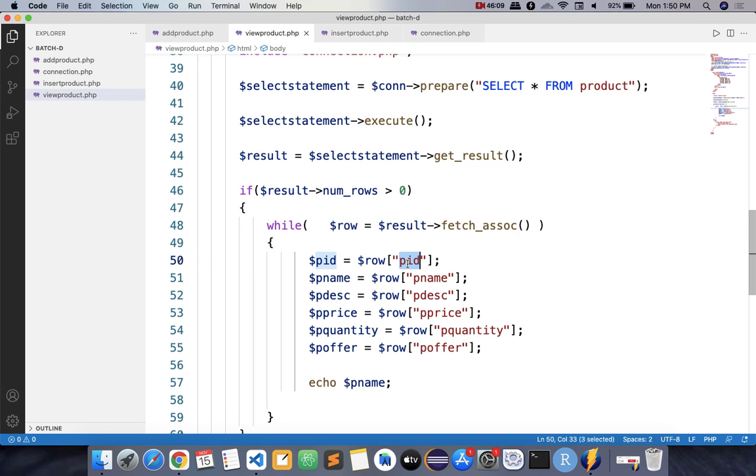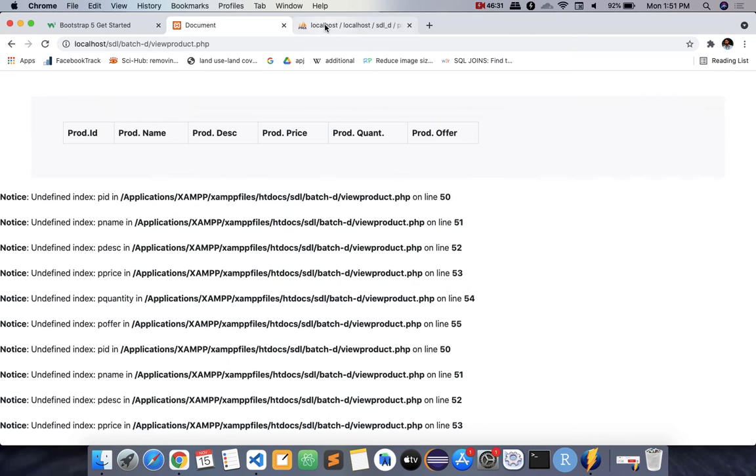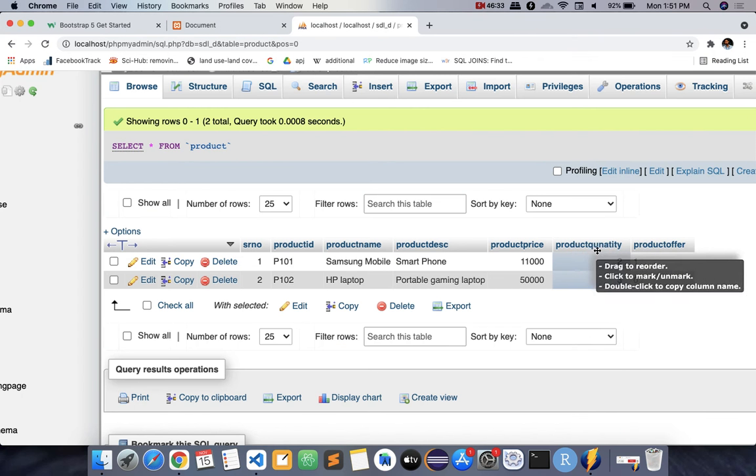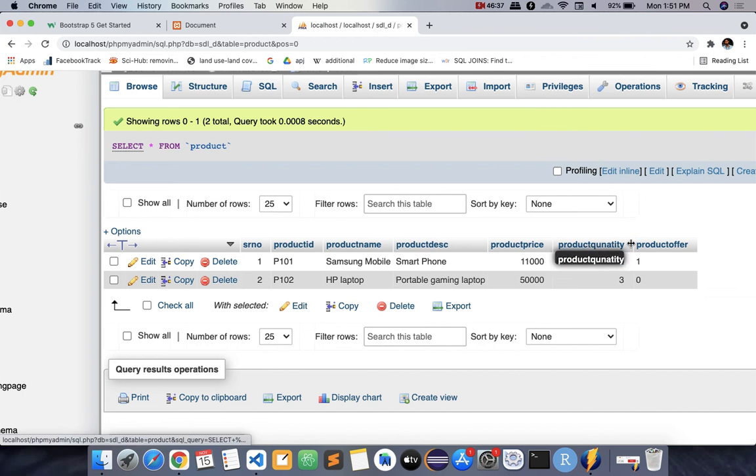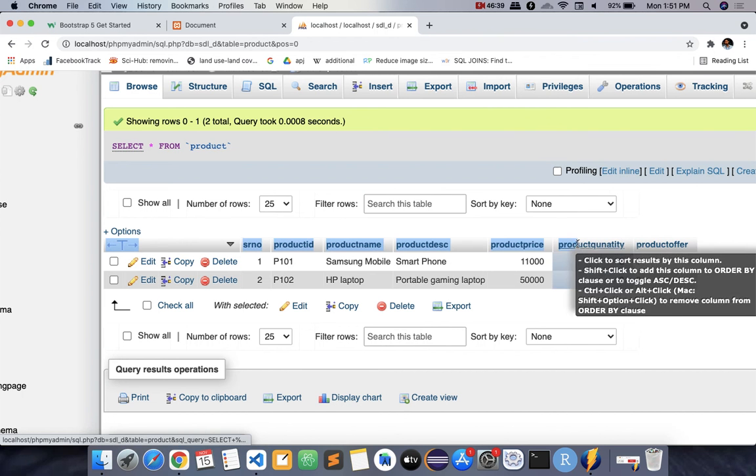All these are the column names. So we have given column names as product ID, product name, product description, product price, and product quantity, which is written a bit differently. ये हमेशा याद रखो कि स्पेलिंग मिस्टेक बहुत प्रॉब्लम क्रिएट करती है.